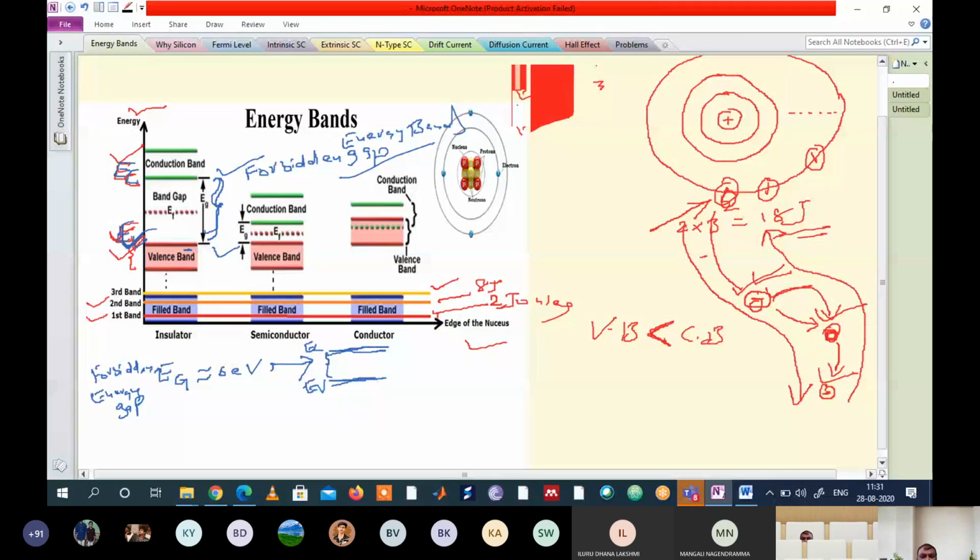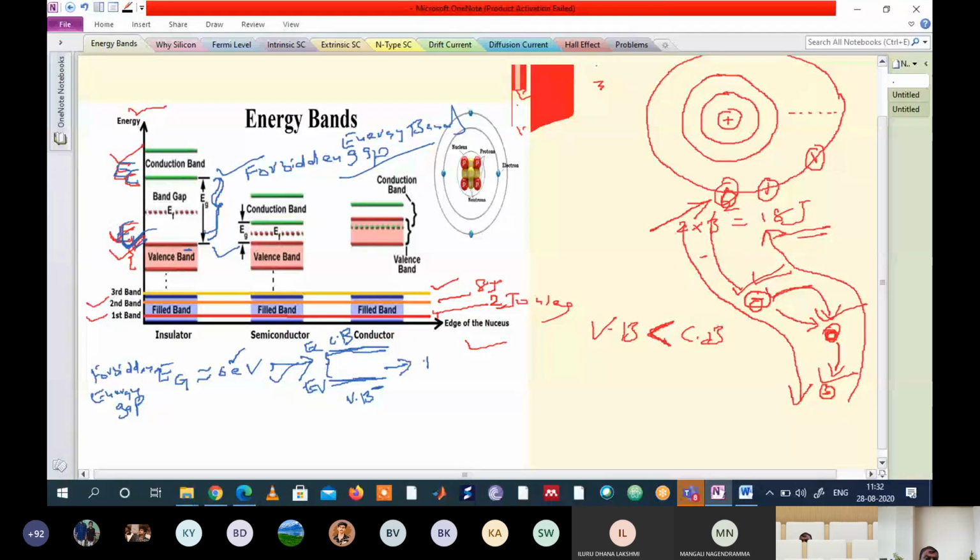So it's very difficult for an electron which is present in the valency band to jump into conduction band, because it does not have the minimum energy required to jump from valency band to conduction band. So there is no electron which will jump, provided that the gap is very large, approximately equal to 6 electron volts. Then those types of devices are called what? Insulators. Very good. Those types of devices are called insulators.